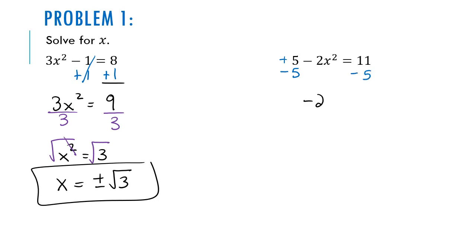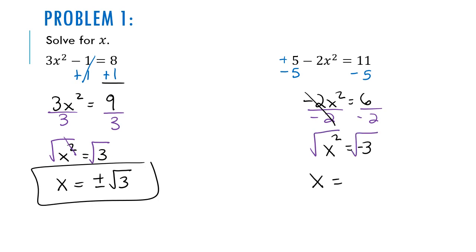We're going to get negative 2x squared equals 6. We're then going to divide both sides by negative 2, because this is negative 2 times x squared. Those are going to divide away, leaving x squared equals negative 3. Then we're going to square root both sides, and we are going to end up with x equals